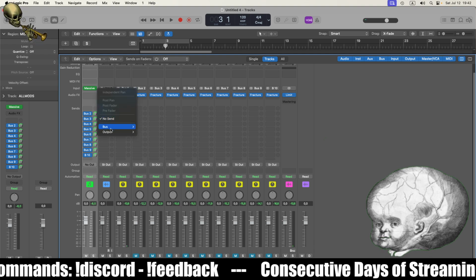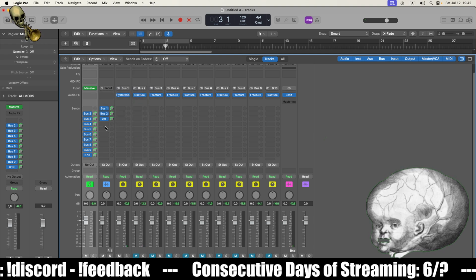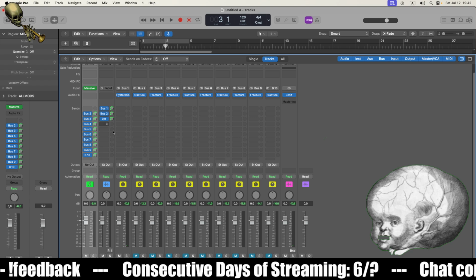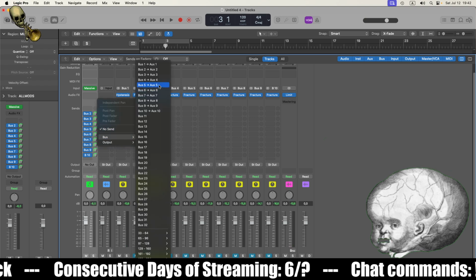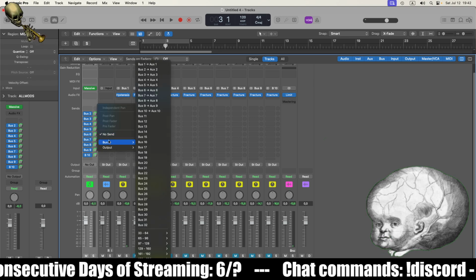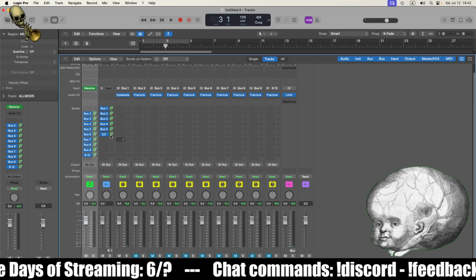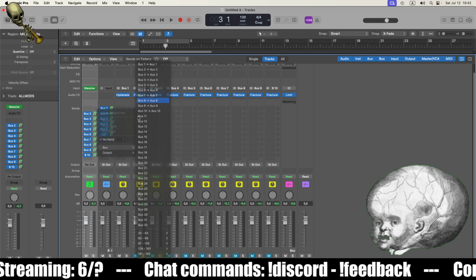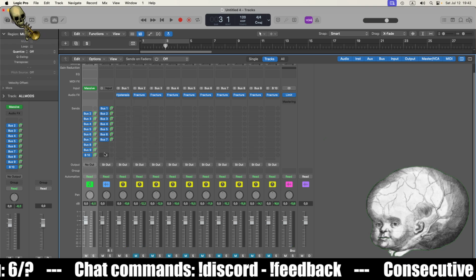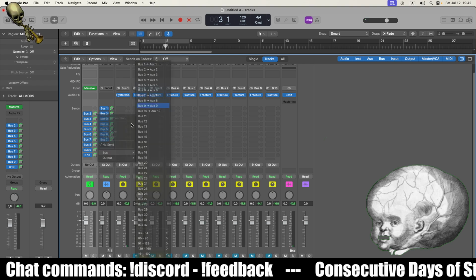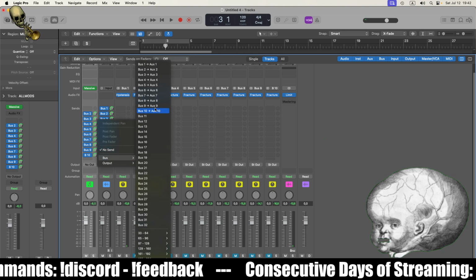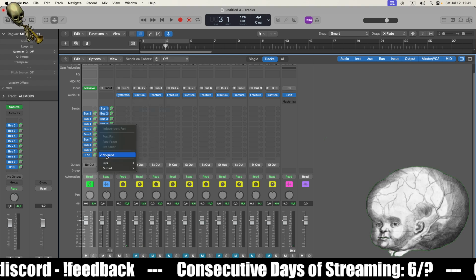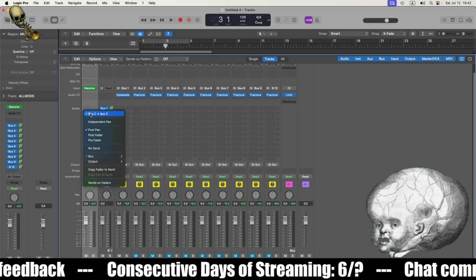Bus 2, bus 3, bus 4, bus 5, bus 6, bus 7, bus 8, bus 9, and bus 10.